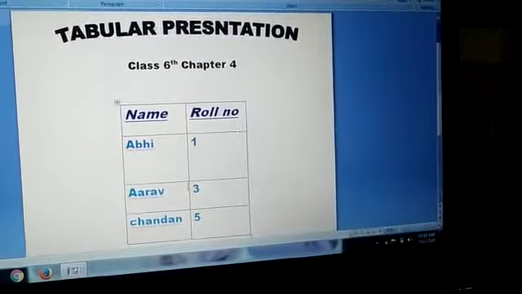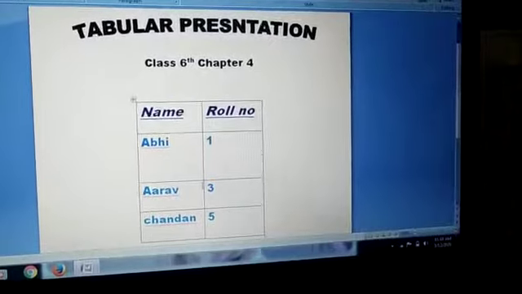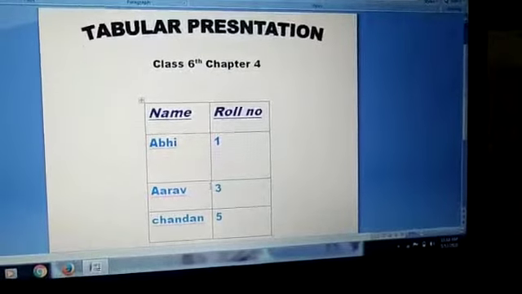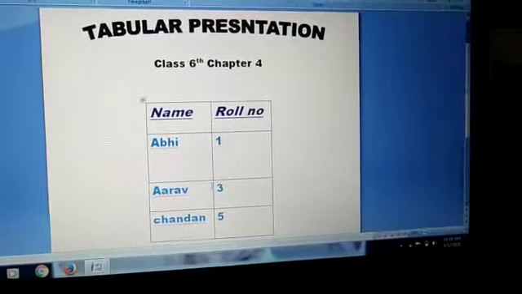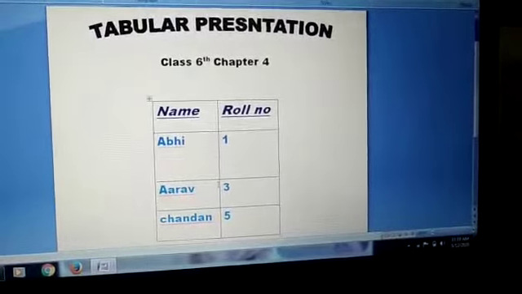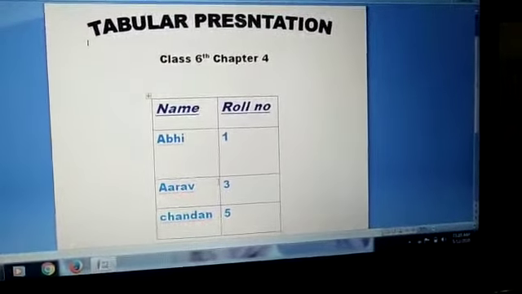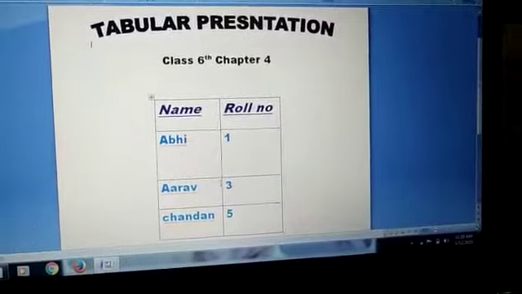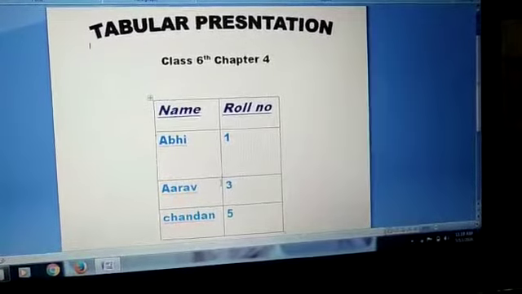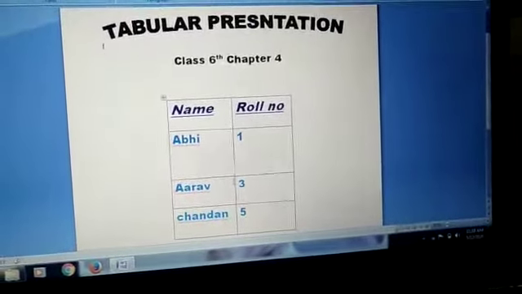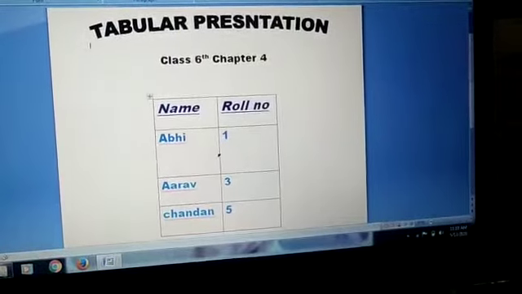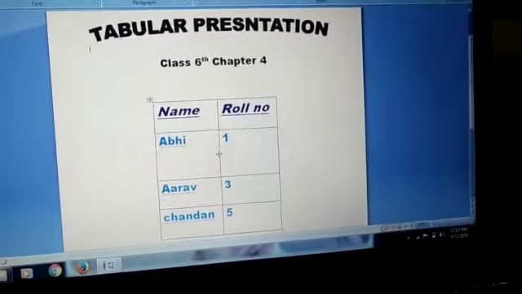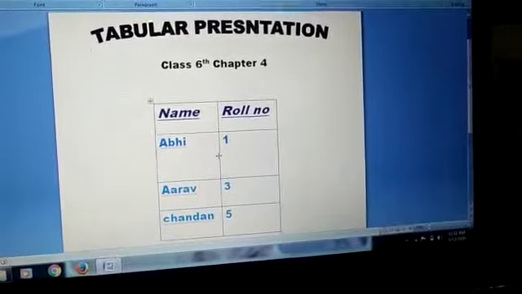Now, changing width of a column. You can change the width of column to improve the layout of your table and to accommodate your table information. Again, place mouse pointer over the edge of the column you want to change to a new width. This is the column edge. The mouse pointer changed to this symbol now.